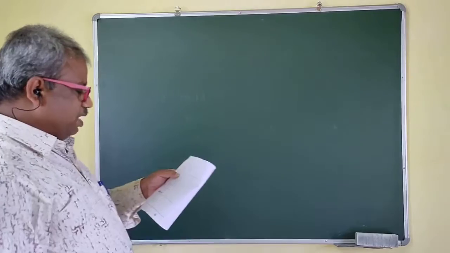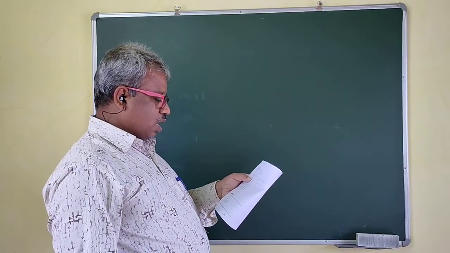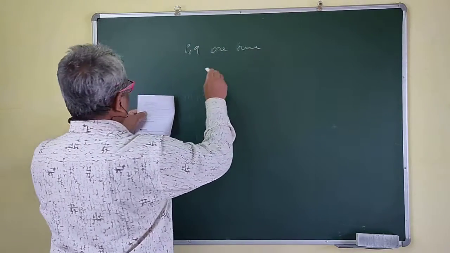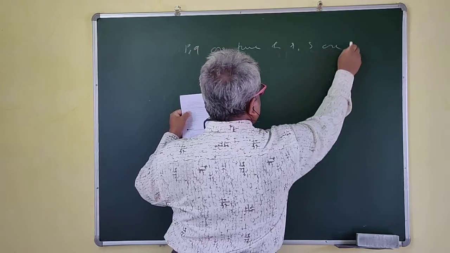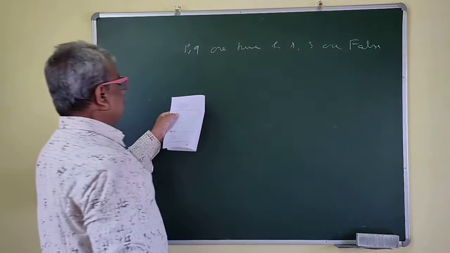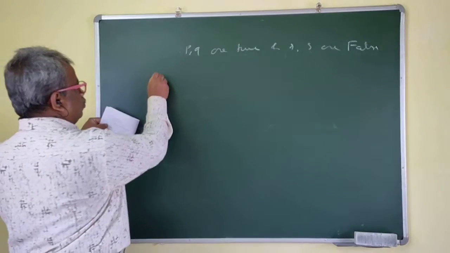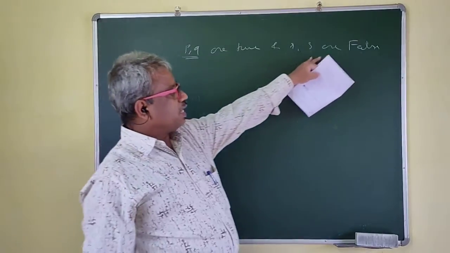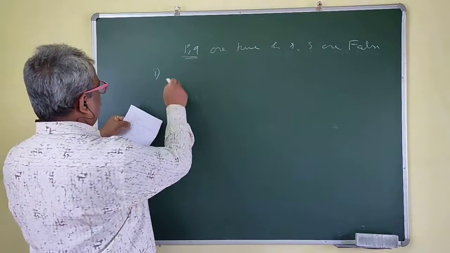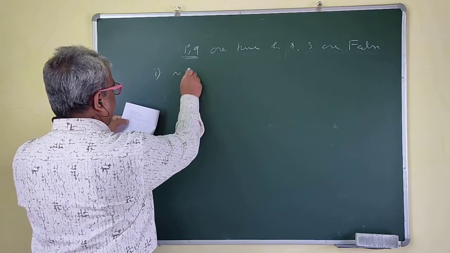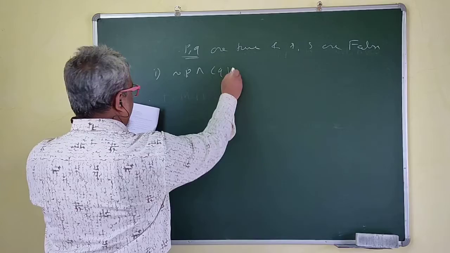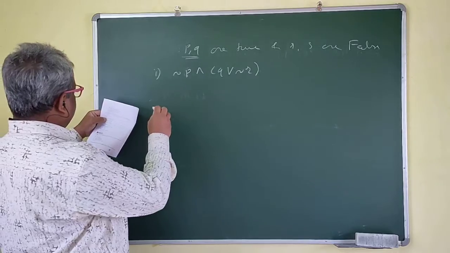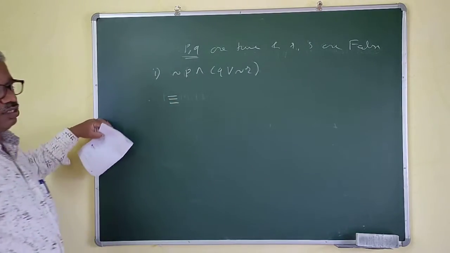Now, if the statements P and Q are true, and R and S are false, determine the truth values of the following. So you are given that the truth values of P and Q are true and the truth values of R and S are false, and we have to write the truth value of the following statement: negation of P and Q, or negation R. Okay? So we'll write this one in three lines, so it's equivalent.